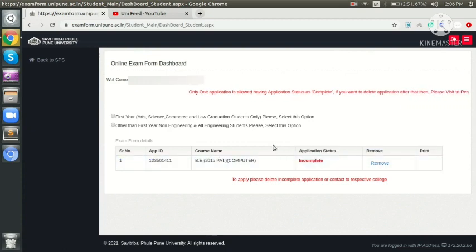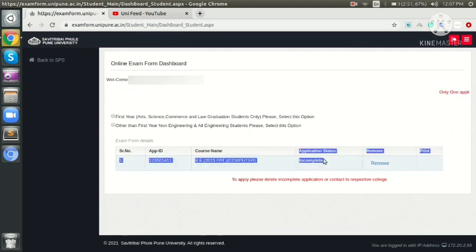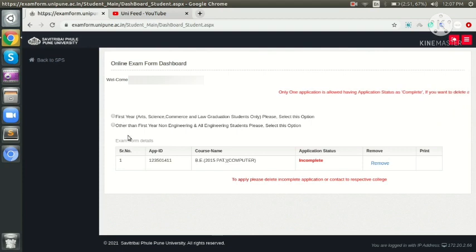This is because previously you tried to submit your form, but unfortunately, due to the uncertainty of backlog subjects, many students have not proceeded with the exam form submission. So that's why this application status is showing as incomplete. So you need to remove this, and also note that in the table above you need to check this checkbox.